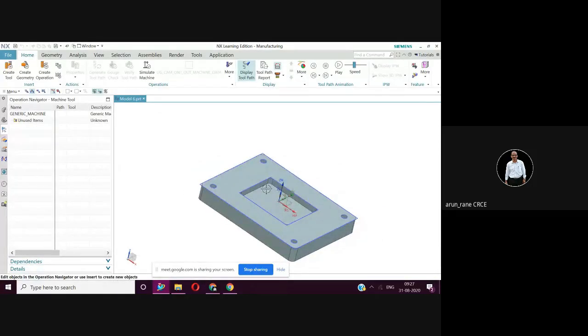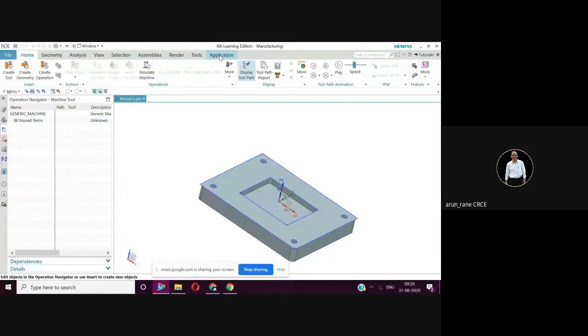The corner radius is 15 and the depth is 10 mm. Let me go to the sketch. In the sketch, you will come to know what the corner radius and the depth are. This depth will be taken automatically when you go for the manufacturing application.